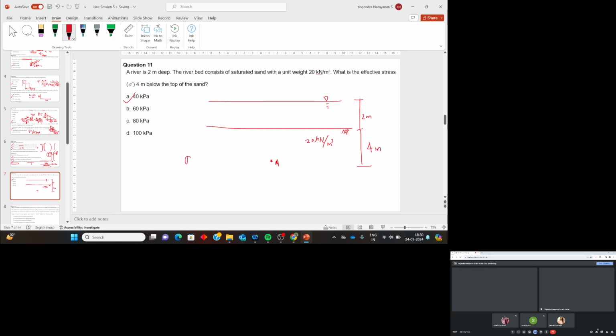So now we know that effective stress is total stress minus pore water pressure. Now total stress will be, you can take gamma W is equal to 10 kilonewton per meter cube, or if it is in gram per cc, it is 1 gram per cc. Now total stress will be 10 into 2 plus 20 into 4